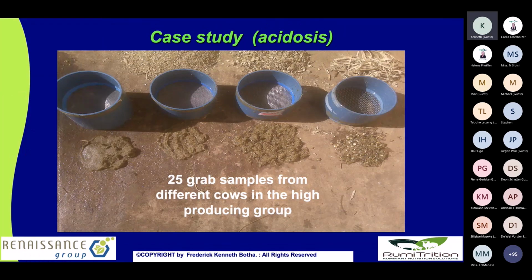I also took 25 grab samples from the manure from the high producing cows, and then did some manure washing. You will see the left side is the finer particles. On the right side of your screen you will see the coarser particles, and normally it's a very subjective way of evaluating manure, but we all